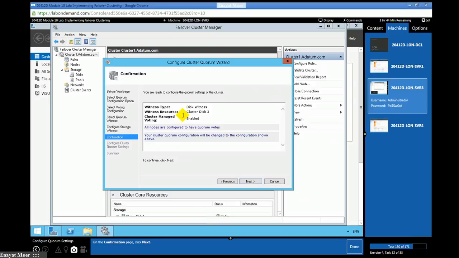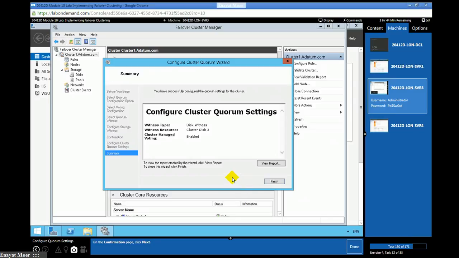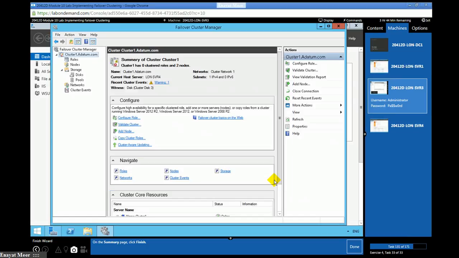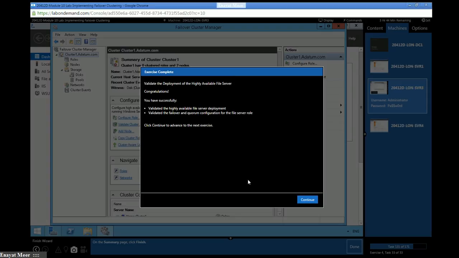Now you can click on Next. Just review this one. Okay, so now you have a disk witness, which is also a voter. I will explain to you how it votes, but that's how it is configured. Okay, so this part is done.